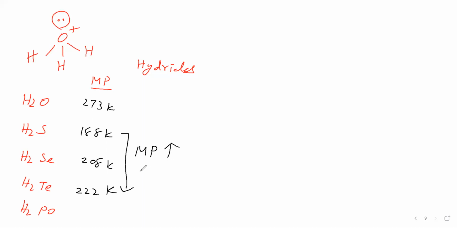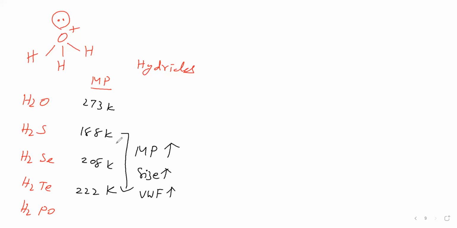Why? Because size increases, therefore van der Waals force increases. Like that we can explain. Generally, in some cases we explain melting point based on the extent of close packing. Here we are explaining melting point based on van der Waals force. In the same way, we gave the same explanation in the hydrides of fifth group elements also, that means ammonia, phosphine, arsine. There also we have given like this only.